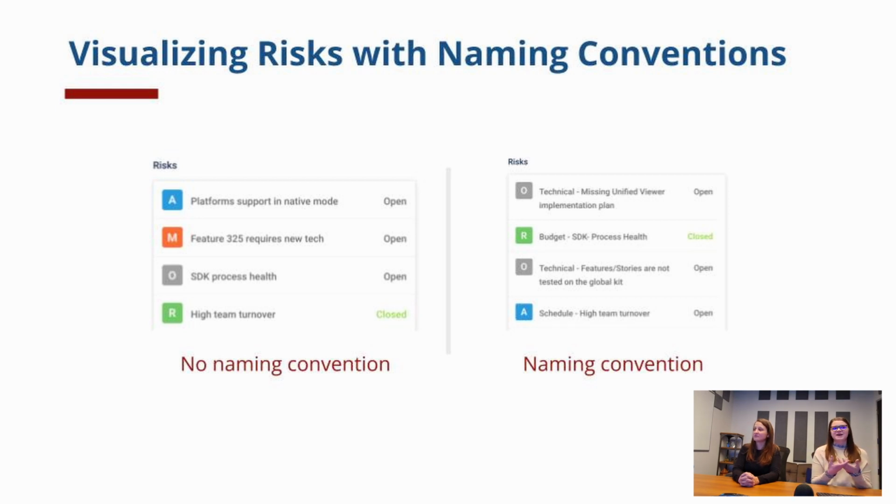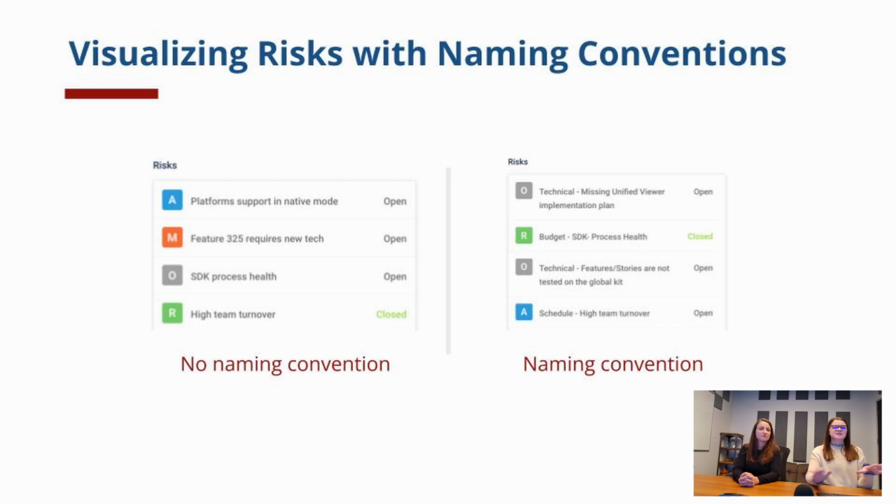We still want teams to provide detail in the title, but when you begin your risks this way, it can give you a better high-level overview in a lot of those reporting areas. As always, we do recommend that you work with stakeholders to develop this common naming convention, document it for all to see, and train your end users on it.